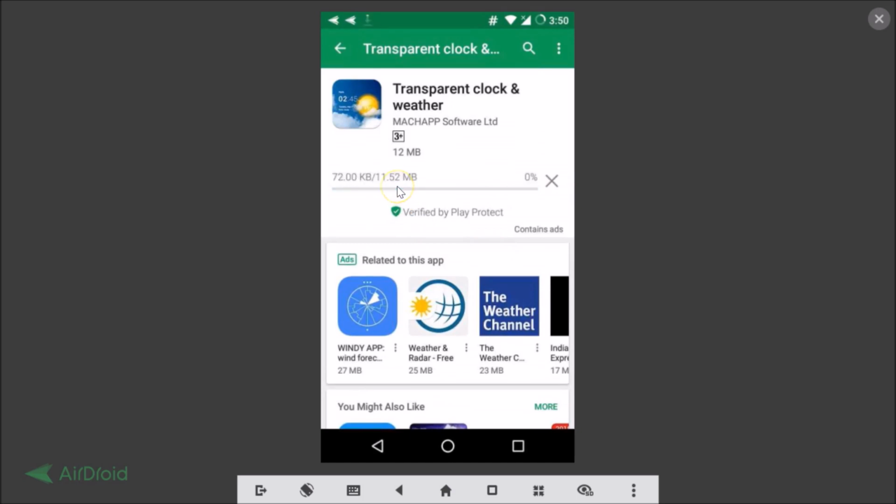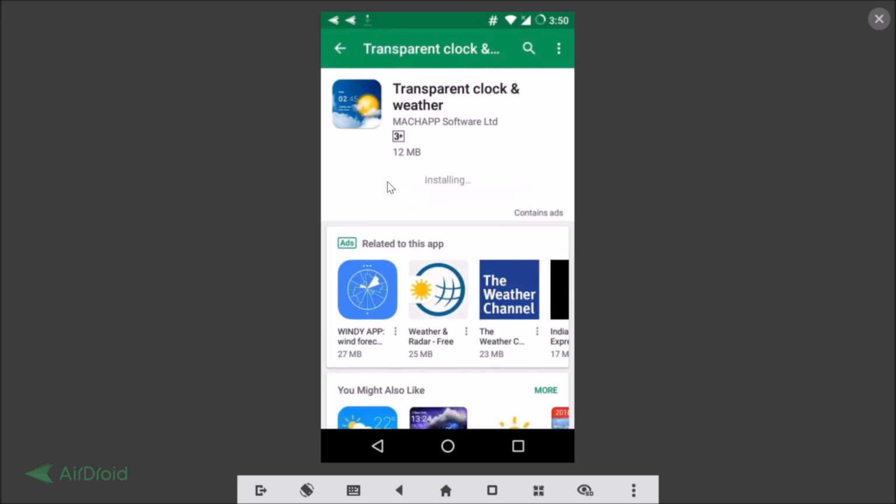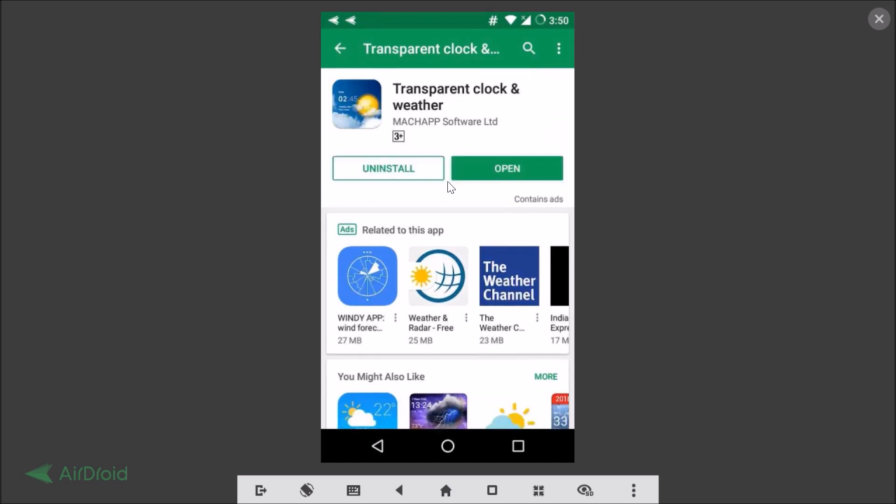As you can see guys, it's downloading. It's not a very big app, it's only 11.52 megabytes. As you can see guys, it's installing. Okay guys, so it installed. Okay, so you need to go back to your home screen. So let me go back,